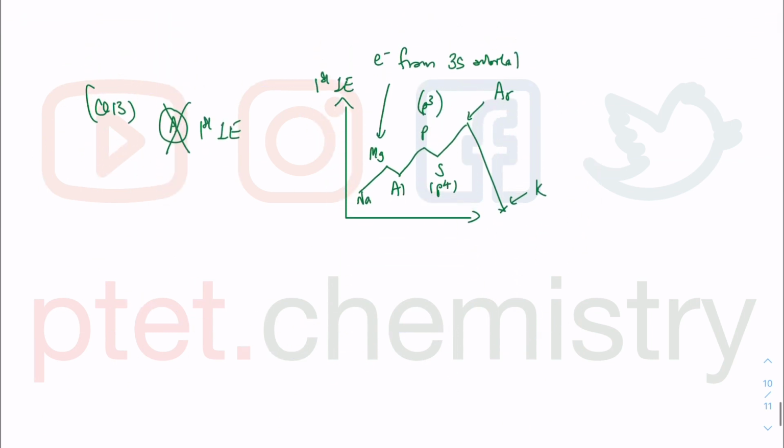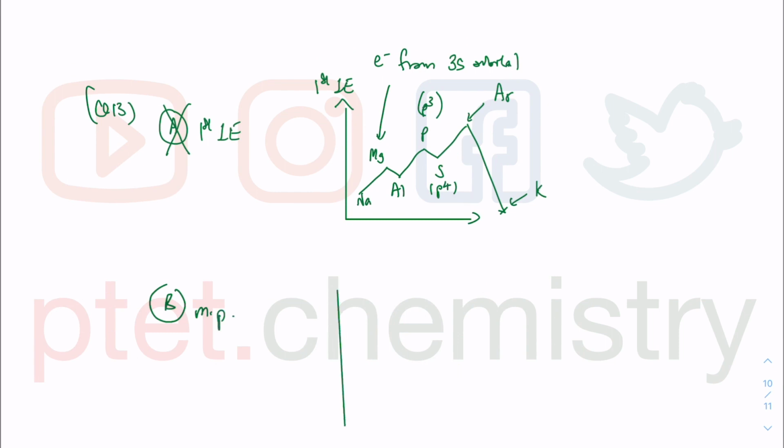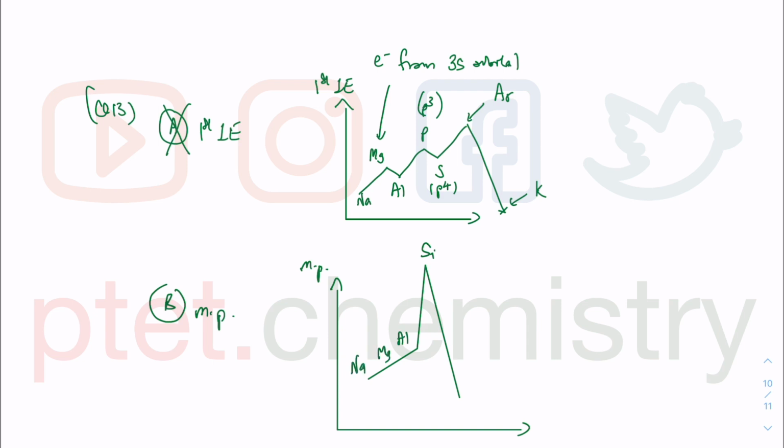If I go for option B, it is to do with melting point. Again, you're expected to be able to sketch the melting point of the third period elements. So sodium, magnesium, aluminium, they are getting stronger in metallic bond. Then silicon is all the way up there because it's giant molecular. So aluminium, magnesium, sodium. Do I know whether it's a straight line like this? I don't know, and I don't care, but at least I know the trend is going upward